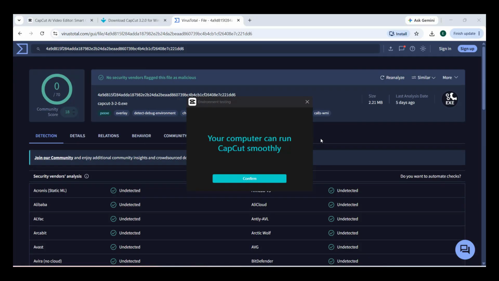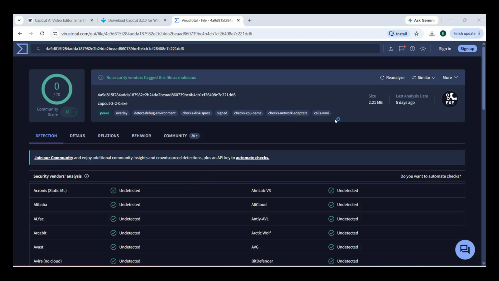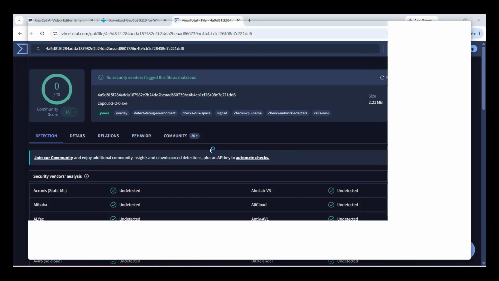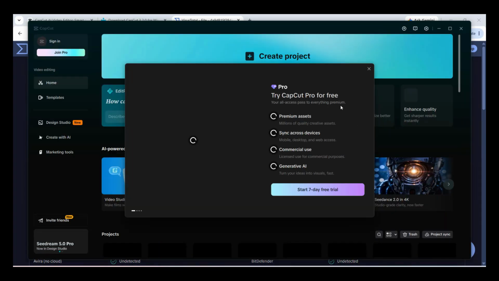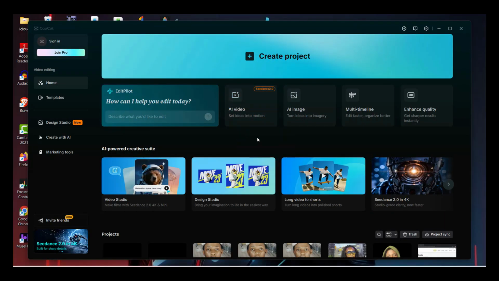And now the installation is complete. You can see your computer can run CapCut smoothly. So whenever you see this message, I think you should be happy, right? So I'm going to click on confirm. And with that, the installation is complete. So let's see if the software is going to come up. Yeah, there we have it. So that's pretty much how to install CapCut for free onto your PC, and you can also get back access